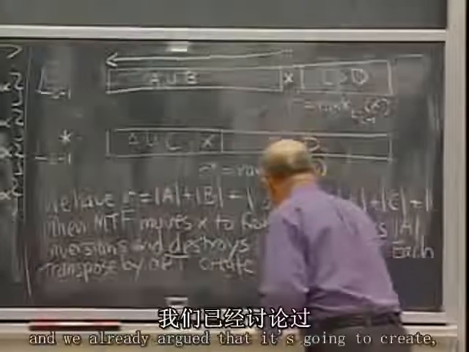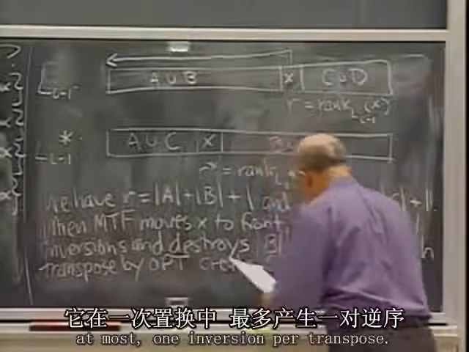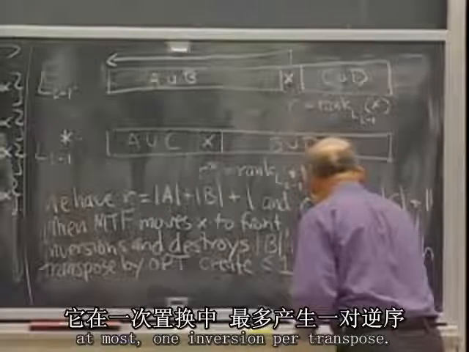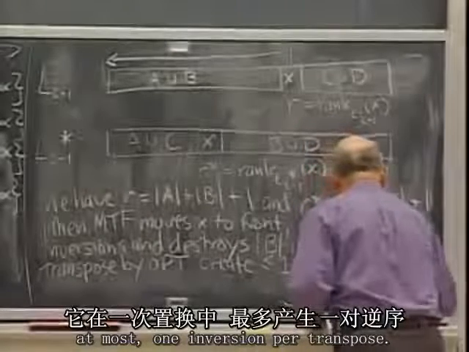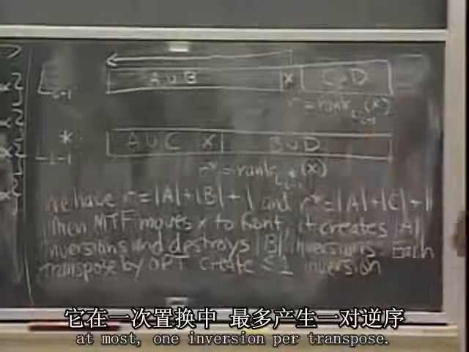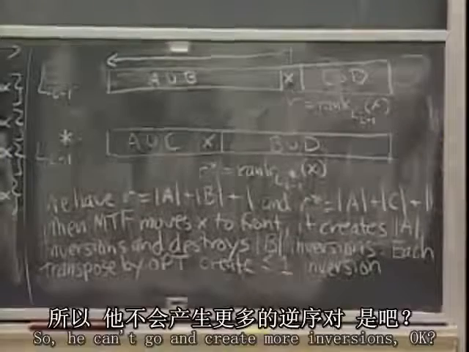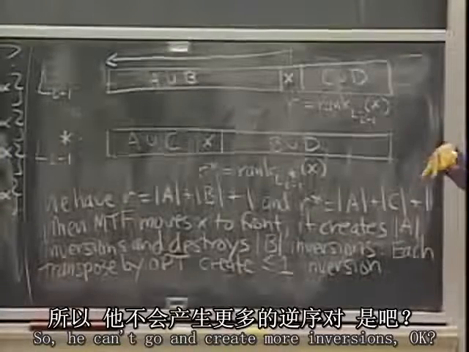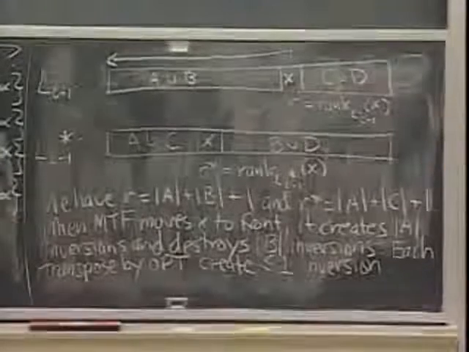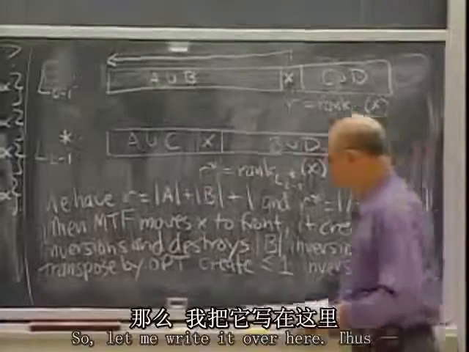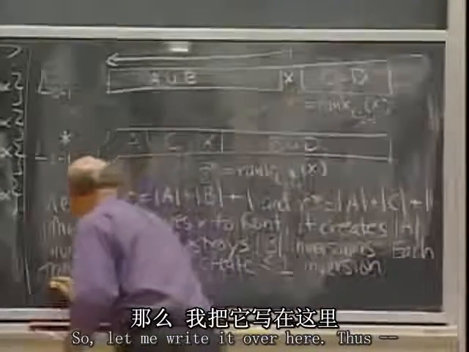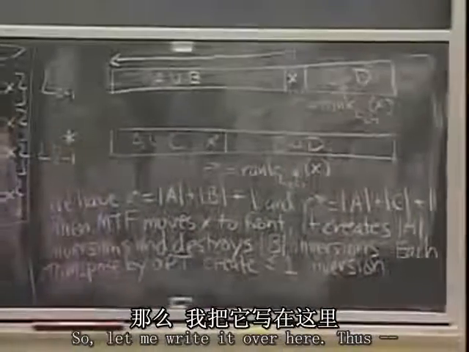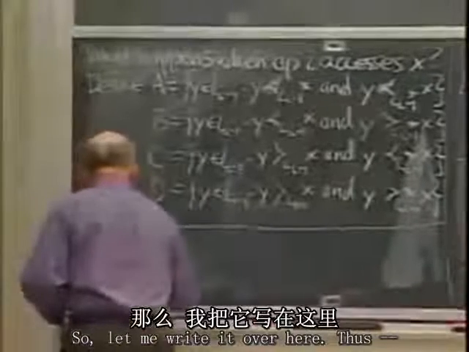And we've already argued that it's going to create at most one inversion per transpose. So let me write it over here. Thus,